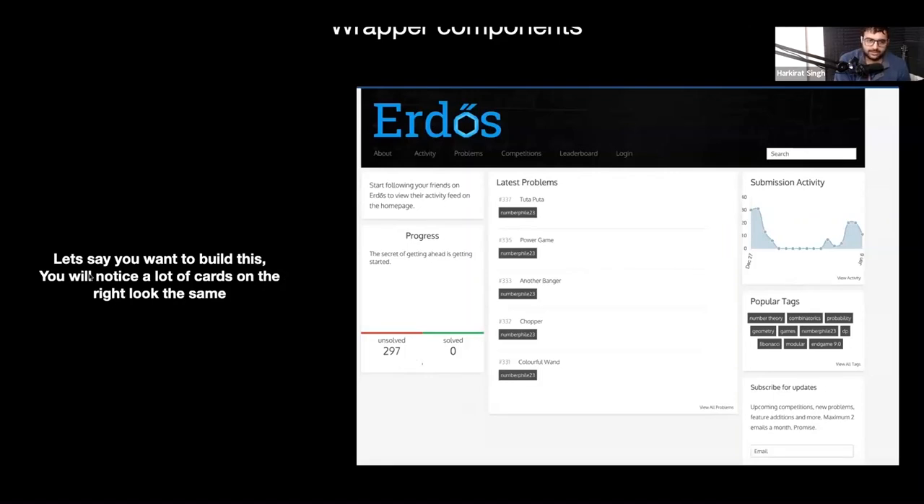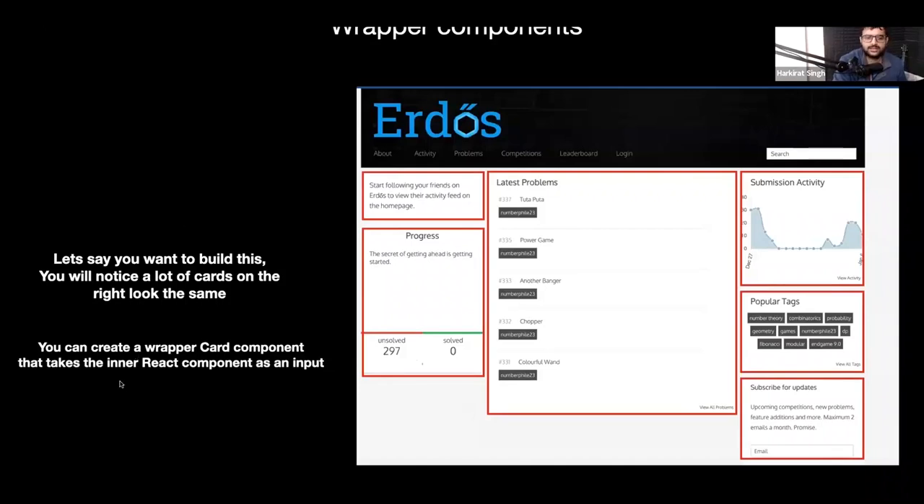Let's say you want to build this. You will notice a lot of cards on the screen on the right. All of these are cards. You can create a wrapper card component that takes the inner React component as an input or as a prop more specifically. Even if you go to the live stream from last week,